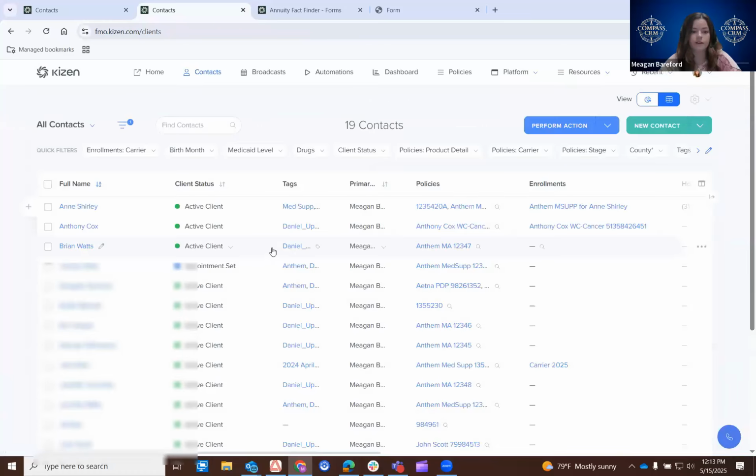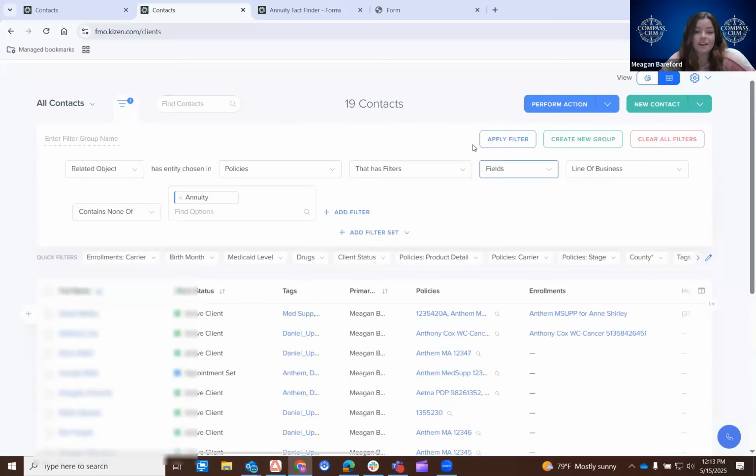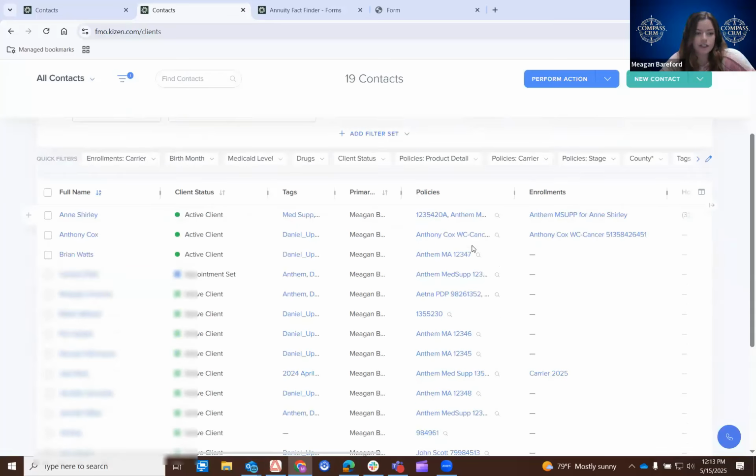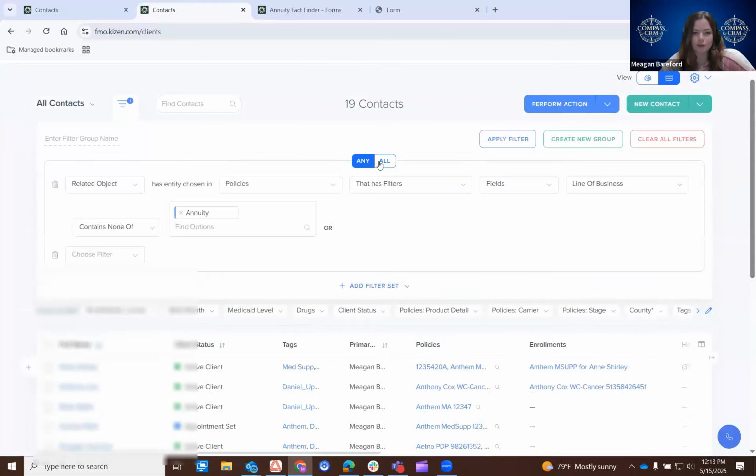Perfect. Yeah, so she doesn't have one. So yeah, that was correct. So I have 19 contacts that don't have an annuity. And what I could do is take this one step further and say, let's find